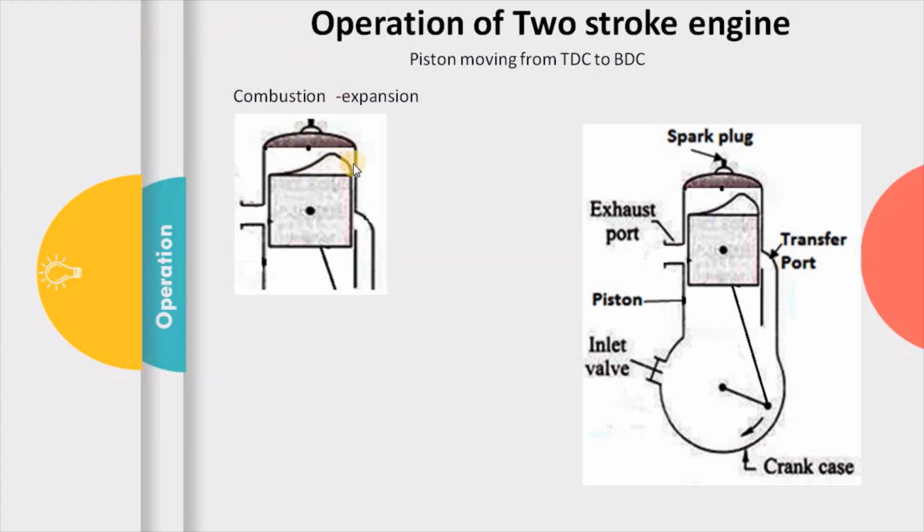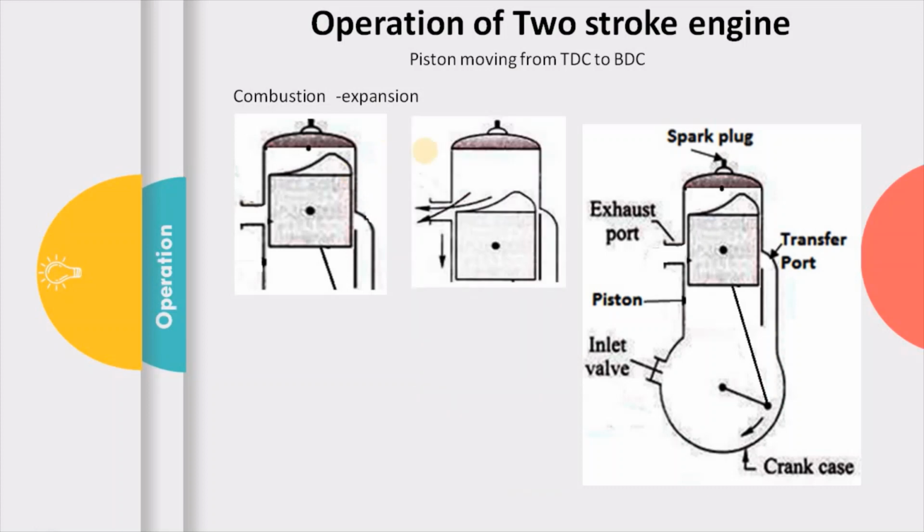So during this particular expansion, the piston starts moving from TDC towards BDC. So the piston is moving from TDC to BDC, so it is moving down. So this is the effective expansion stroke, moving from TDC towards BDC. Now until the piston reaches over here, there is effective expansion happening, but the instant when the exhaust port